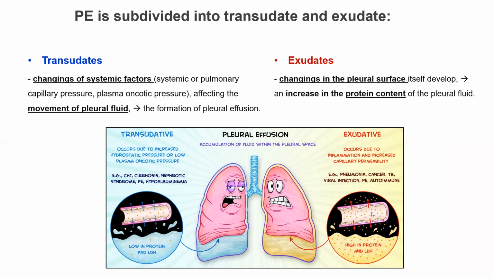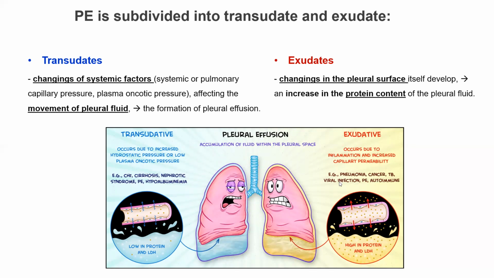fluid. And also we notice that transudate is usually typical for patients with cardiovascular disorders and stage of heart failure, in patients with nephrotic syndrome, cirrhosis, in patients with hypoalbuminemia. As for exudate, we suspect pneumonia, cancer, tuberculosis, or viral infection